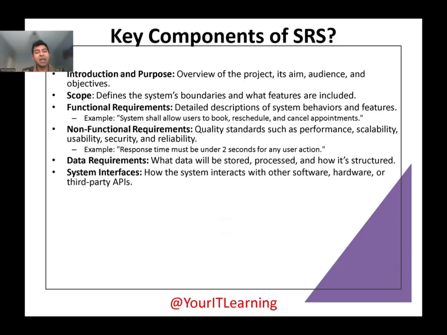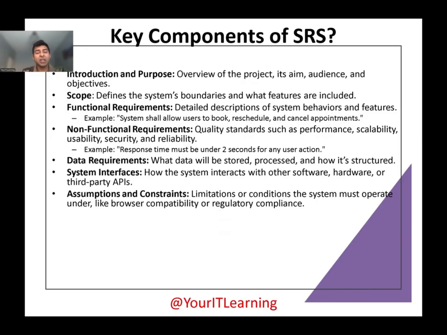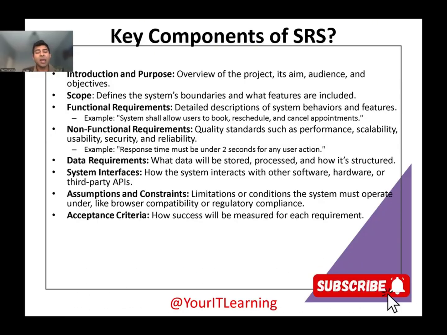System interfaces: how the system interacts with other software, hardware, or third-party APIs. Assumptions and constraints: when you are creating a project, what are the limitations or conditions the system must operate under, like browser capability or regulatory compliance. Whenever you're implementing something, will your website be browsable in Chrome, Safari, or where? We have to elaborate everything. Acceptance criteria: how success will be measured for each requirement, how we'll make sure that whatever requirements were given are